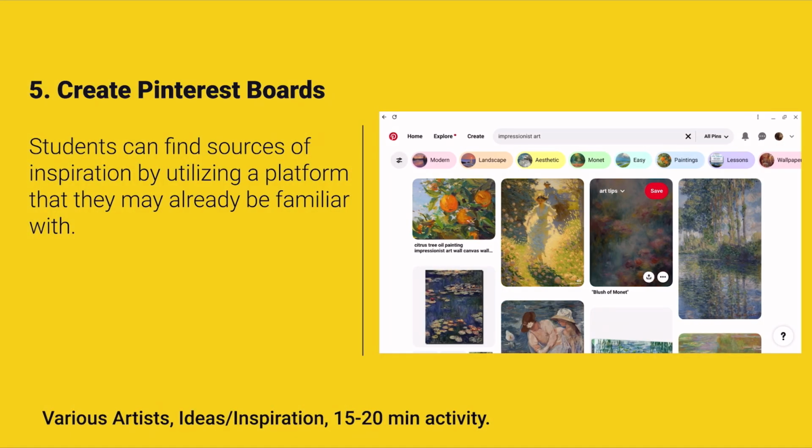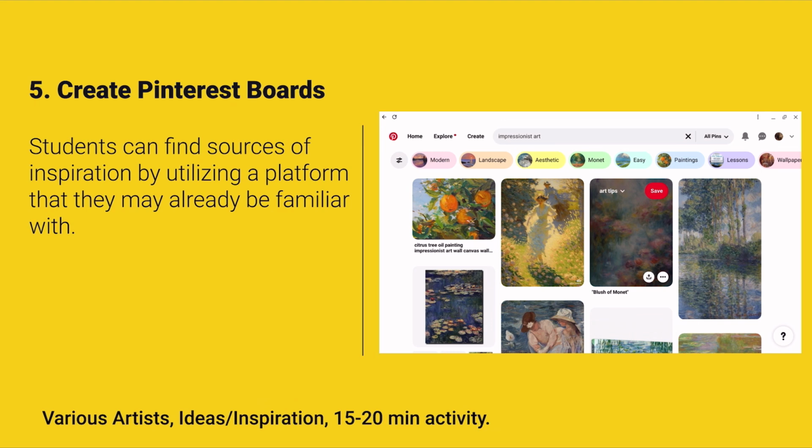Another really great source that I think my students could use would be to create Pinterest boards. Not only is it fun, but again, it gives them a sense of agency when it comes to finding sources of inspiration, rather than have me show them like, hey, this is what you're supposed to like. No, I want to give them that opportunity to choose and do their own research, because I think it could expose them to vocabulary that they've probably never seen before, and then they could develop again that agency of